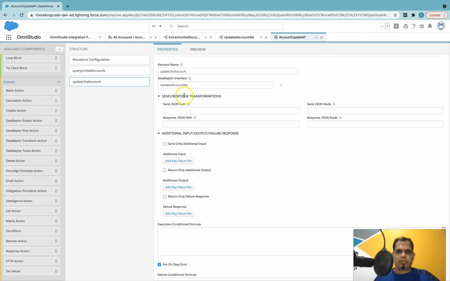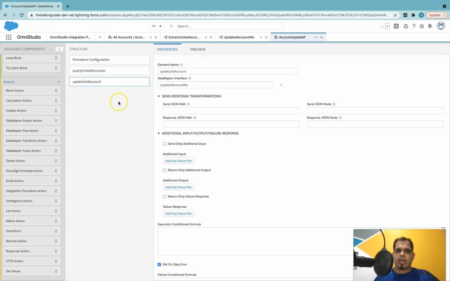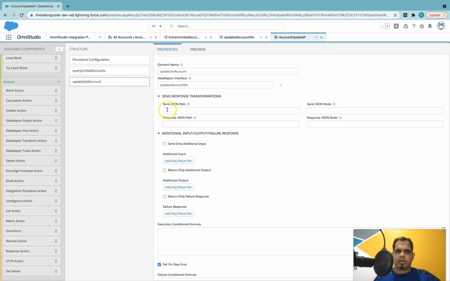So for now, what I want to do is this data raptor returned three results, right? I want to pass the third account to this post data raptor so that I can update the website on it, correct? So I will copy this name, because this name can be used here in the send JSON path as an input parameter.